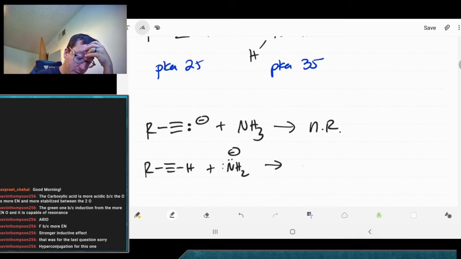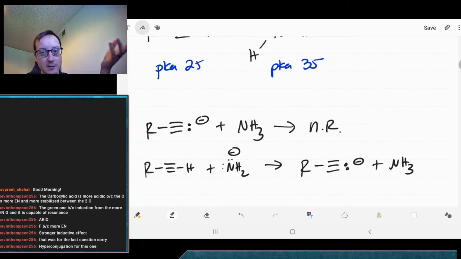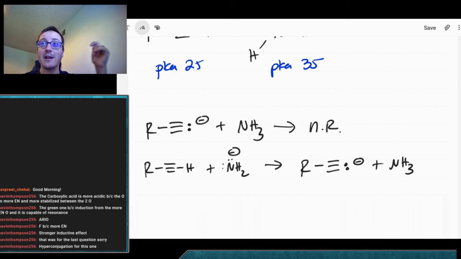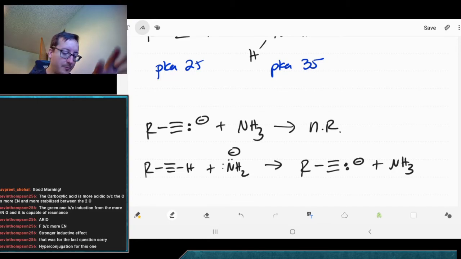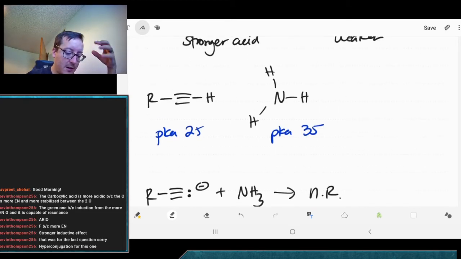We're going to see this one will deprotonate the other one. We're going to talk about this later in terms of equilibrium, but we're going to see the K for this, the K, Kc, Keq, whatever you want to call it, is about 10 to the 10. So really not an equilibrium at all. But we're going to see there are implications for all of these things that we're going to learn when we talk about pKa values. So that's just a look forward of what's to come in the next class here. So right now, though,